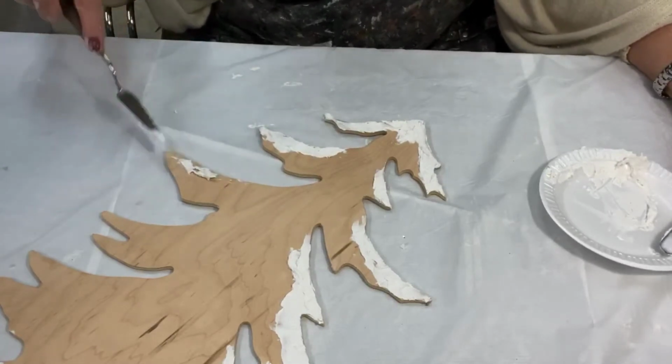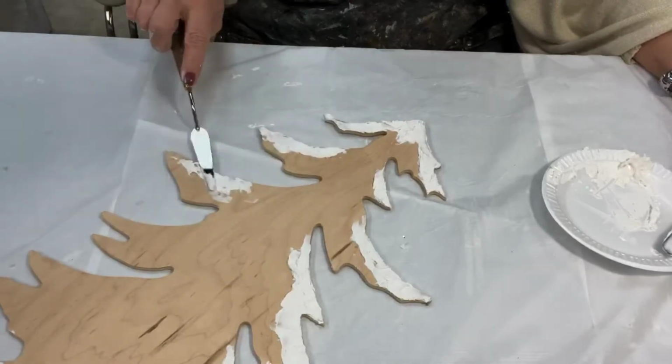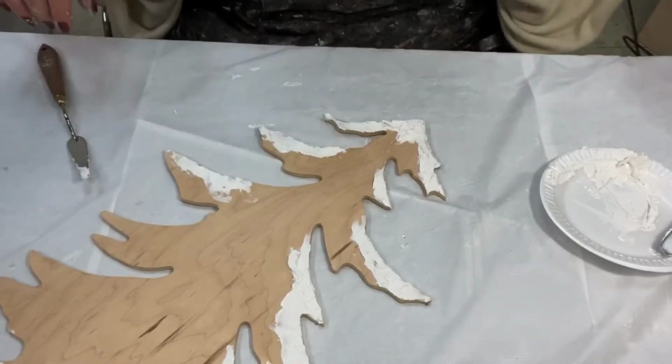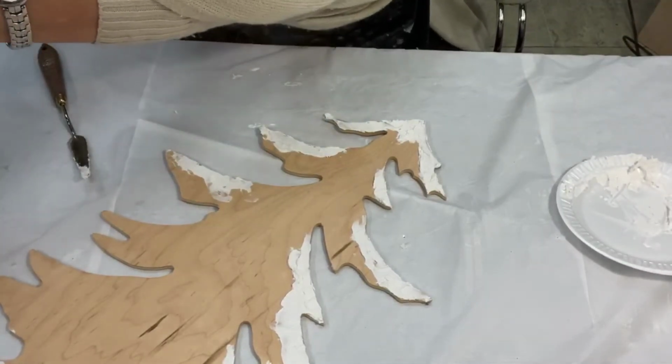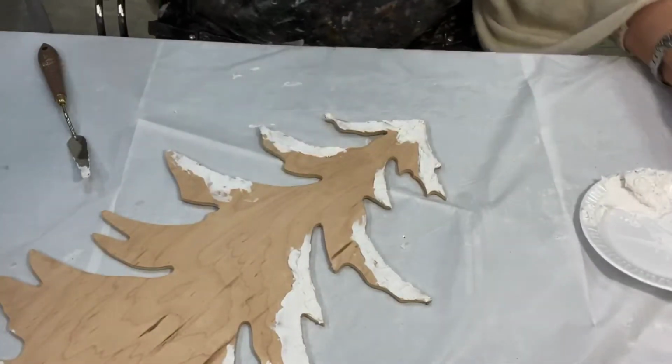Of course, what's in my head and what comes out is not always the same thing. Okay, I need just a little more. There's my scooper. I gotta get these couple branches here. I don't need that much, but